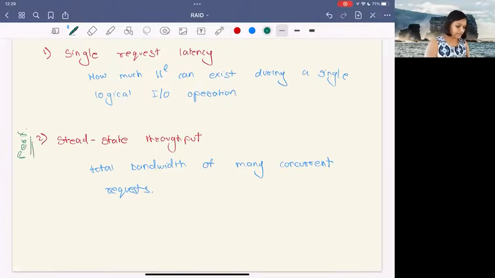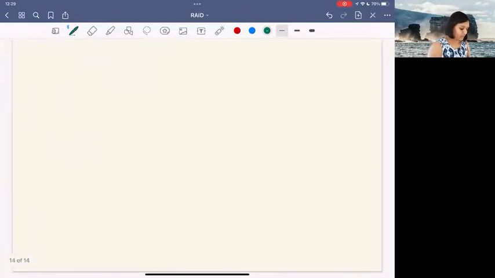Now, as we already talked about, we would have to stick with some well-known workloads, and only then can we make sense out of comparing performance across different RAID algorithms. And 2 of our most favorite workloads of all time are 100% sequential and 100% random. So 100% sequential, what is this workload